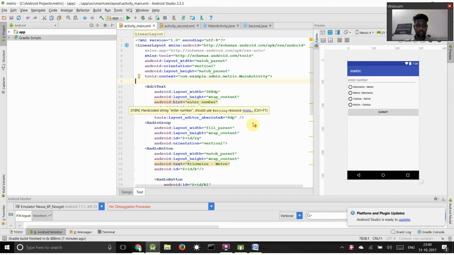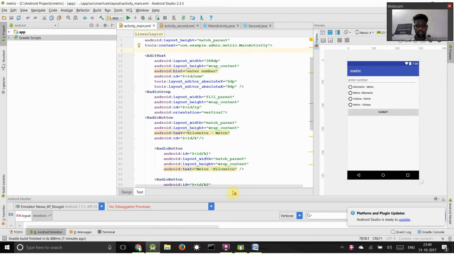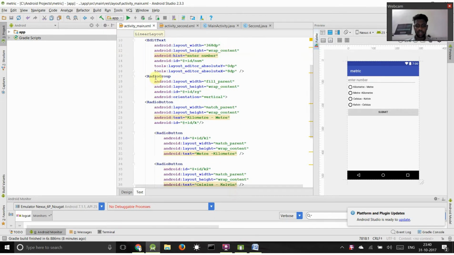So here's my code for it, and this is the main activity XML. I have created an EditText for the user to enter the number so that it can be converted from any of the options given below. So I have created a radio group